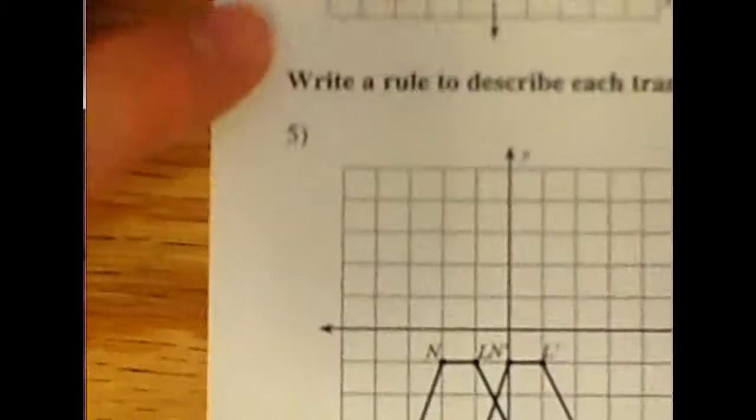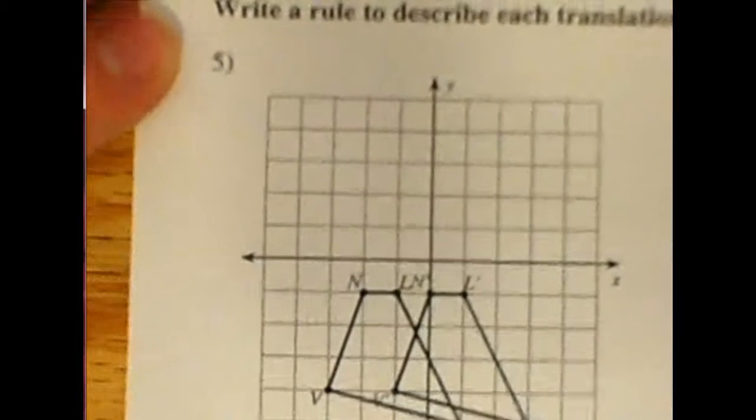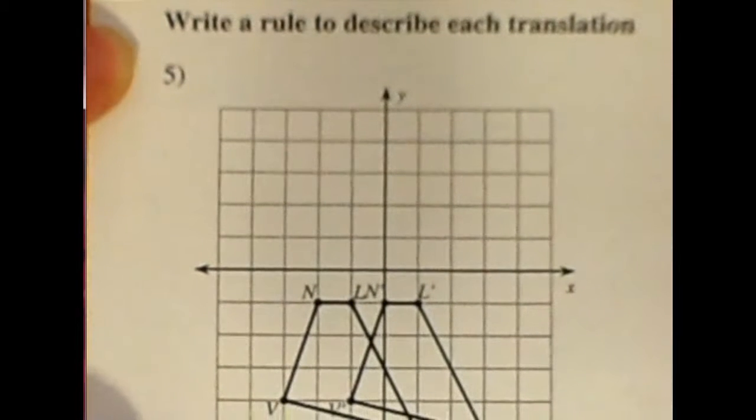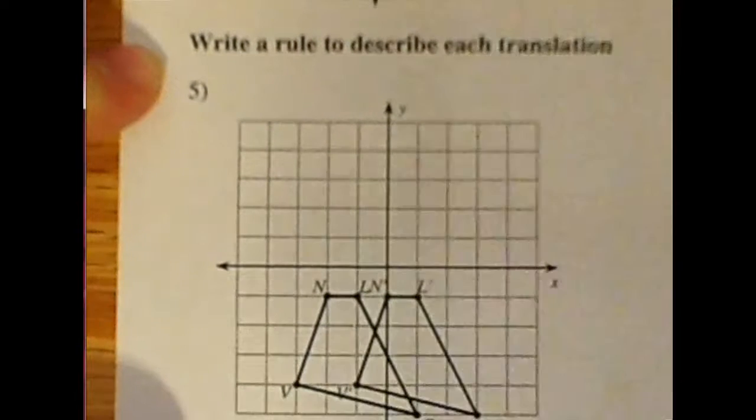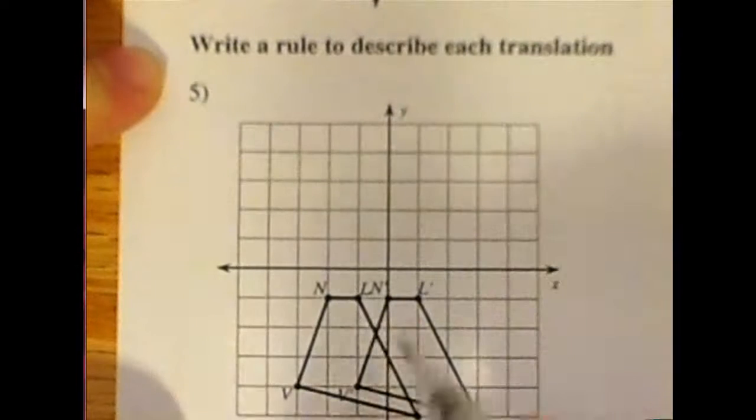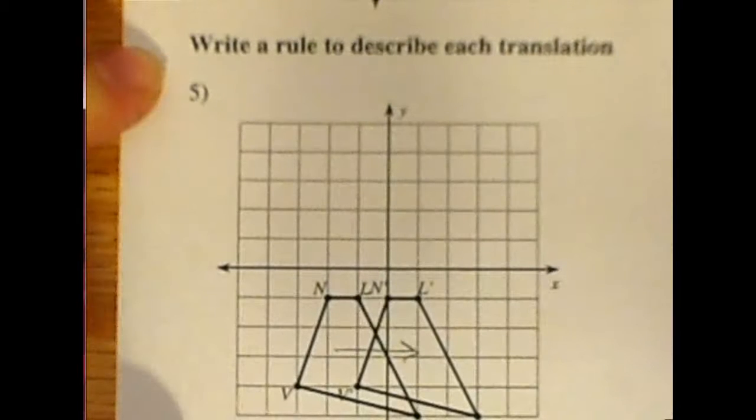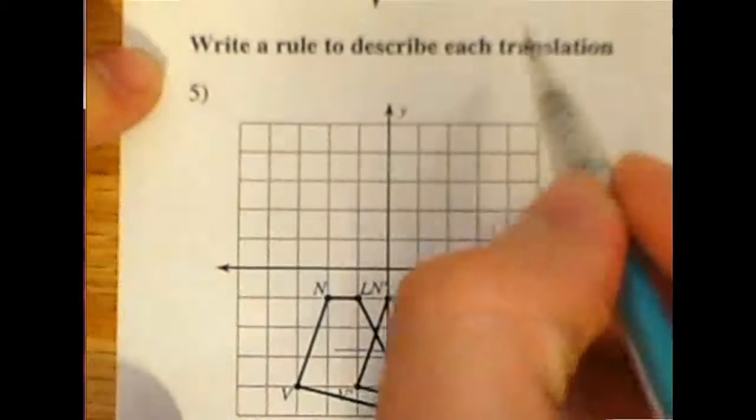Last example we're going to do is we're going to go down to the bottom. So we're going to look at number 5. We are told to write a rule to describe each translation. Now when we're writing a rule, we need to say what type of transformation we're doing, which in this case, because we see that it slid over, we are going to call this a translation. So we want to write out that it is a translation,